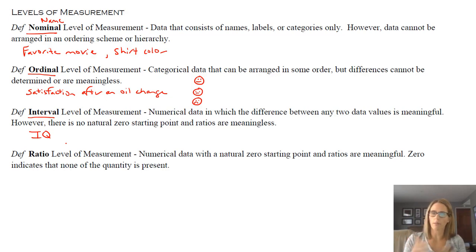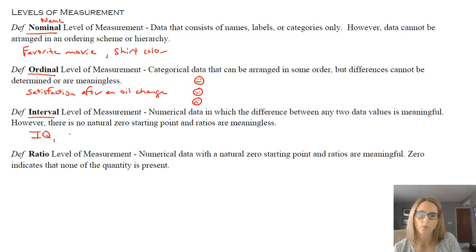So IQs are some measure of intelligence. People do these intelligence tests, and the average on that is 100, and then it goes back and forth. You could have an IQ like Sheldon from the Big Bang Theory, who had an IQ of like 160 or something. Somebody who might have some mental deficiencies might be more like an 80. So we know just from these numbers that we can order them. However, 0 is not a natural starting point. So 0 is not where intelligence begins, basically.